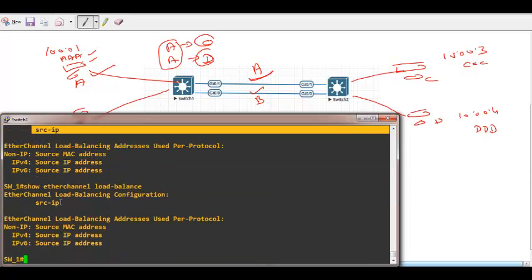Can we use source IP on switch 1 and source and destination on switch 2? That will be abnormal. It will work, no problem. But the problem is switch 1 will send in one link and switch 2 will reply in another link. That won't be nice. If it goes in the same link and comes back in the same link, only then it will be nice. Yeah. So please do